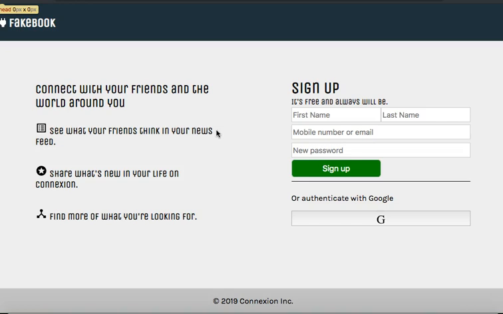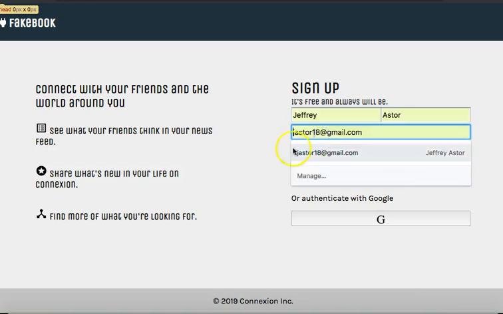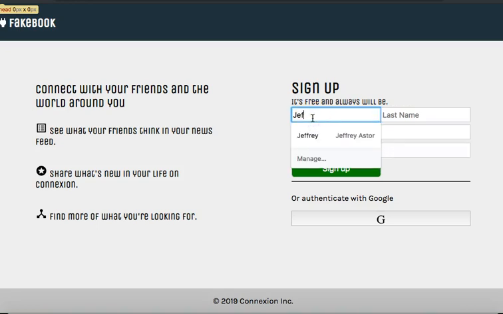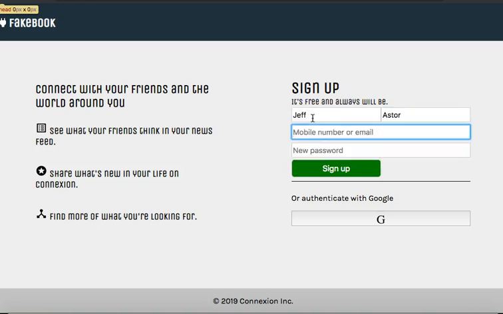But if you did over the weekend, congratulations, that's awesome. If you didn't, no sweat. It's not stupidly important. What is important is that you have this right side sign up functionality, which allows you to enter in your information here. If you do, you should be able to type in your first name and your last name and your mobile number or email,